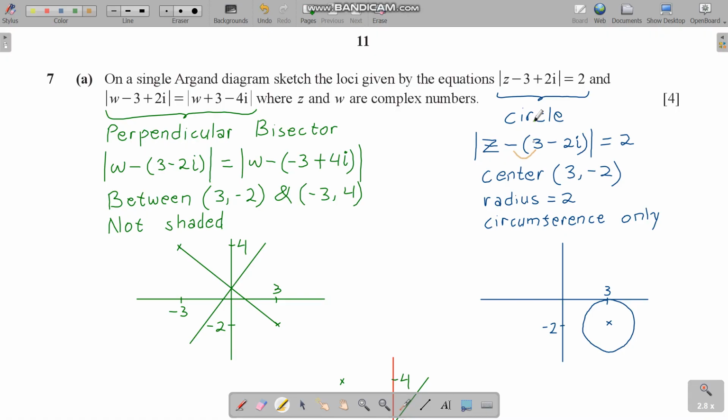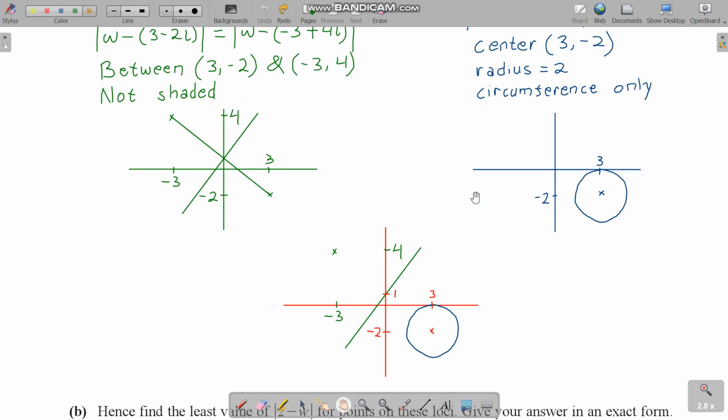So if you factor out the minus, we get minus 3, and if you multiply, you go back to plus 2i. We are not changing the question. So the center is 3, minus 2, radius is 2, and equal sign, so we don't shade in any direction. So what you have to label would be the center, and the radius is 2, so it's supposed to be touching the x-axis. So combining the 2 graphs, we have